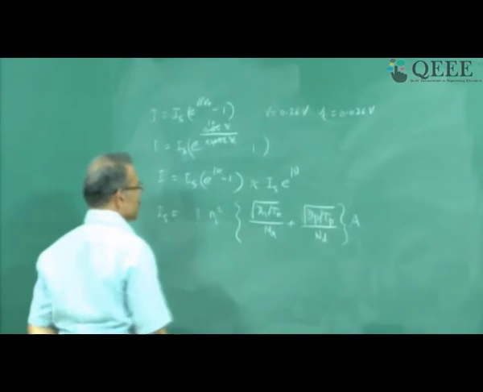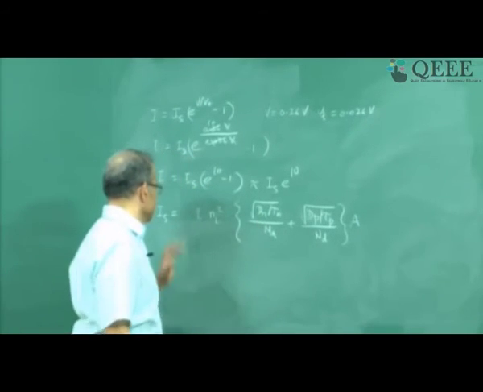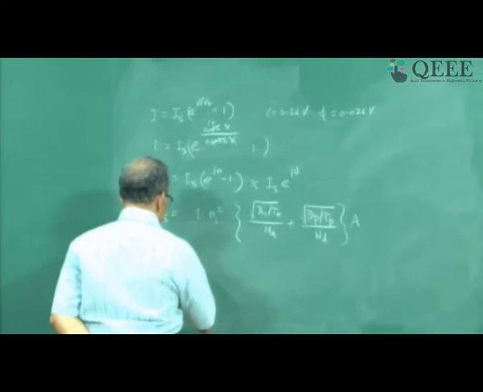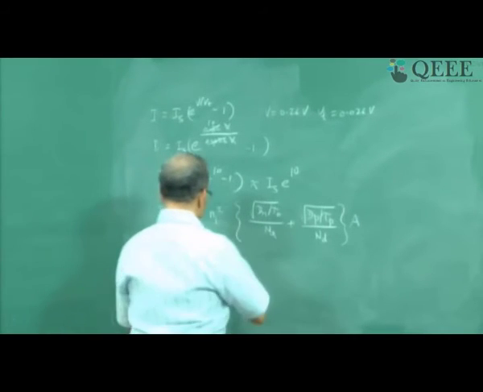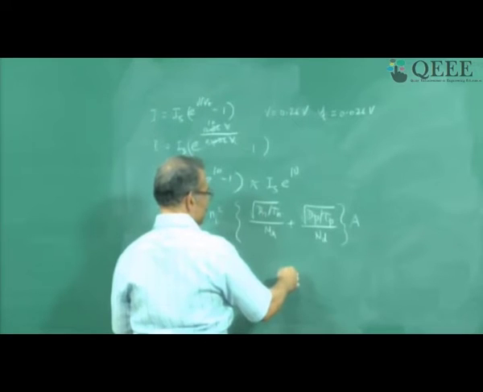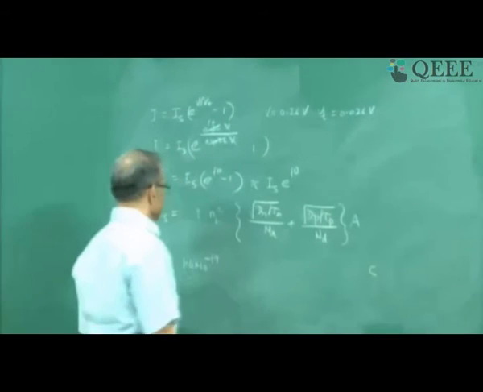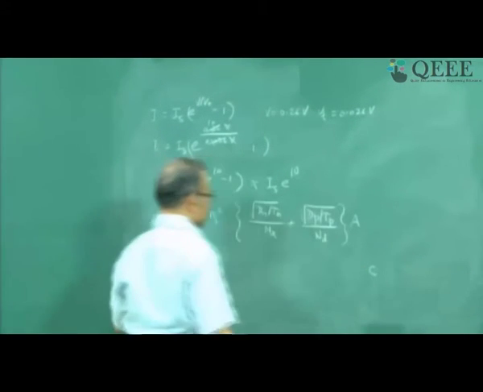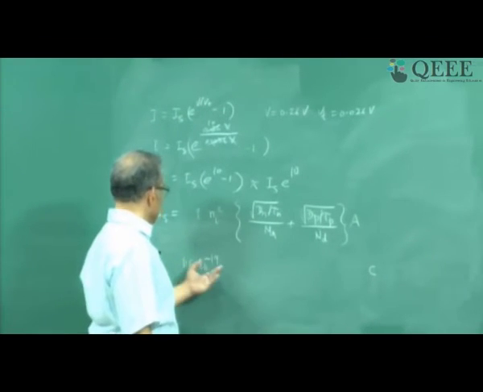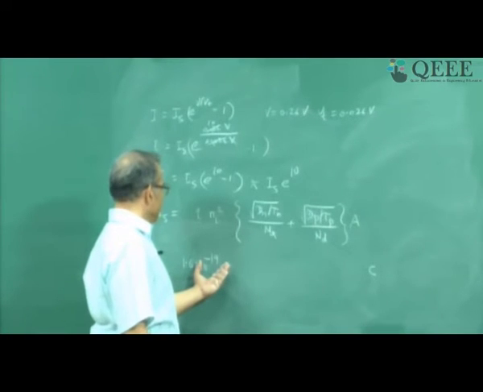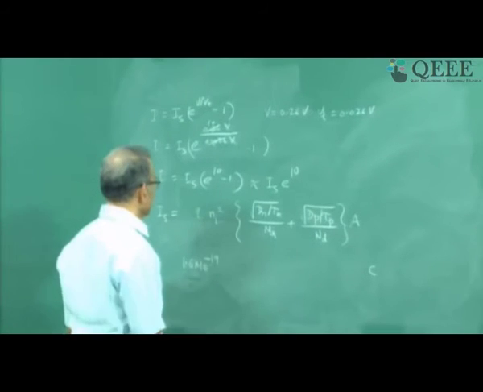Now I need to put the values of various terms. When I put the values, I should follow the following procedure. Let's start with Q. So Q is 1.6 into 10 power minus 19 coulombs. I will give sufficient space here to put all the numbers and then put the units on the side, so value and the units. I can even separate out the constant and the powers, so that the chances of making a mistake in calculations are reduced. Let me show you how I can do that.